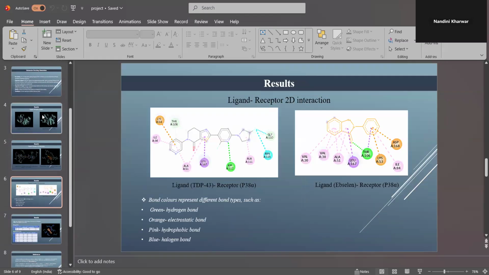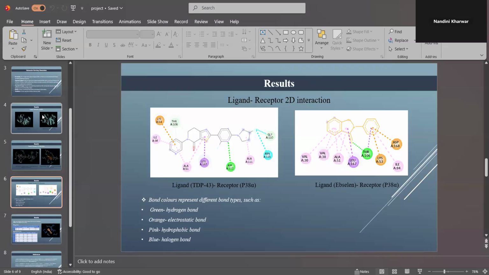The structure to the action, as we can see, bonds, resonance, the types. On comparison, you can see both show the same amino acids, which confirms that the ligands are